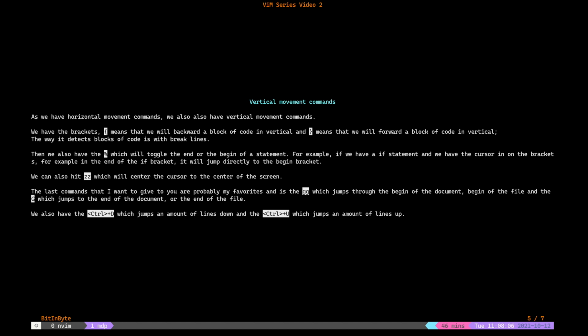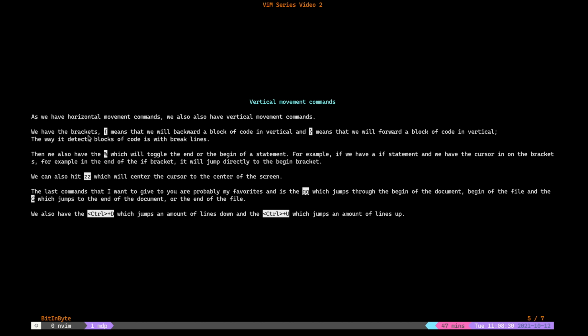So as we have horizontal, we also have vertical commands. We have the brackets. The left bracket means that we'll go backward a block of code vertically, and the right bracket means that we will go forward a block of code vertically. Vim recognizes blocks of code by line breaks.